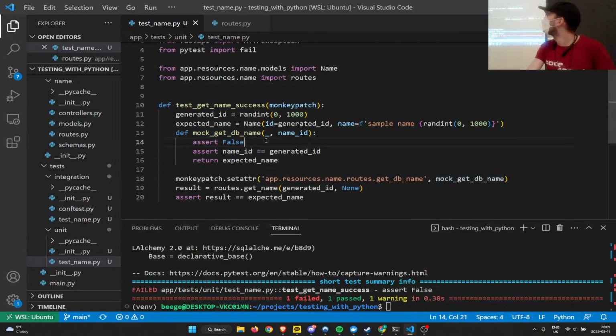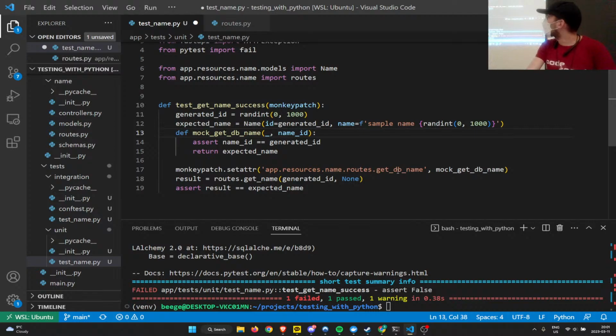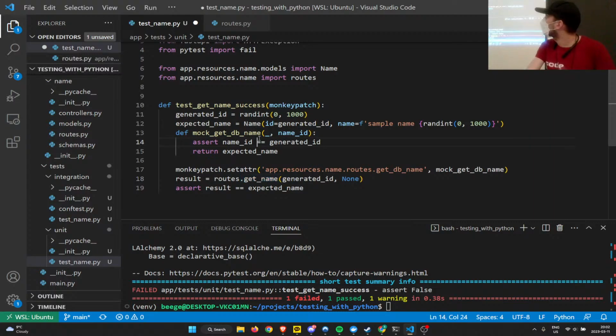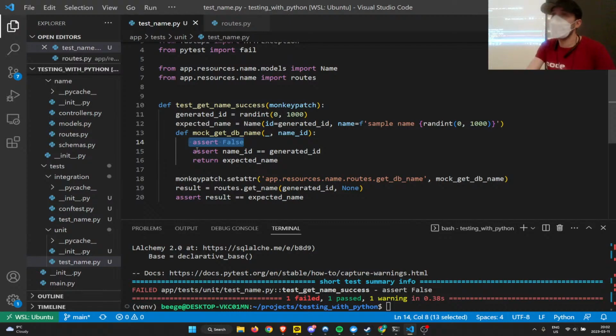But because I'm replacing this getDBName function with this mock function, and our function under test is getName, getName calls getDBName. And because this is replaced, the mock function gets called. So this assert false is showing that the mock function was called, because that fails the test.